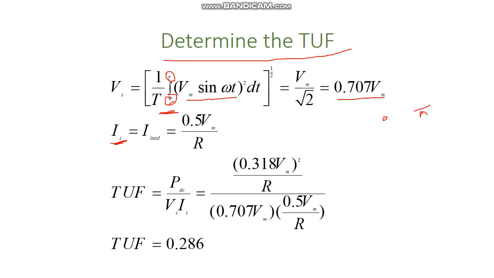Since the load is in series with the transformer, whatever current the load draws will be supplied from the secondary side of the transformer. That's why both I load and Is RMS are the same. So the transformer utilization factor formula is